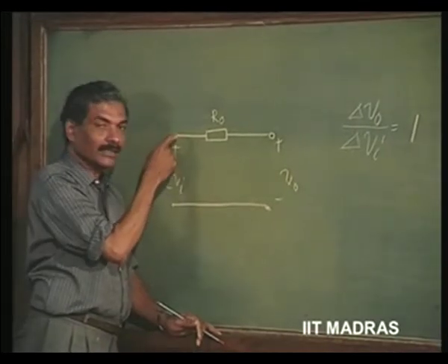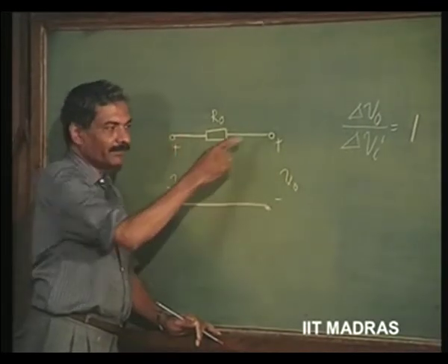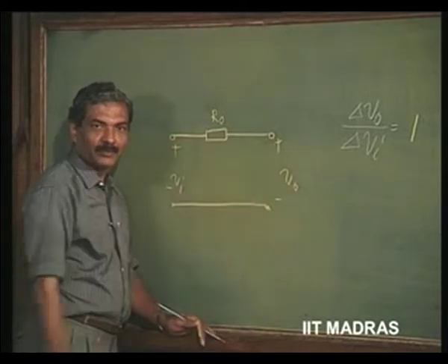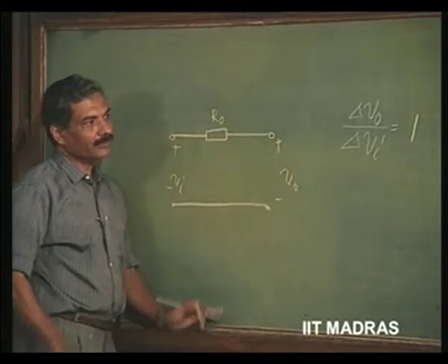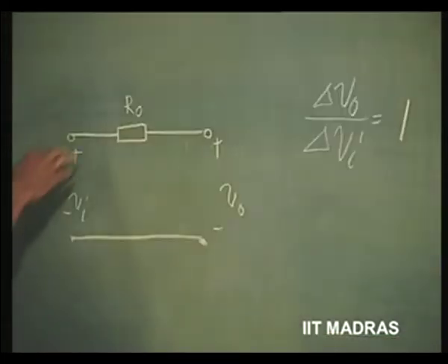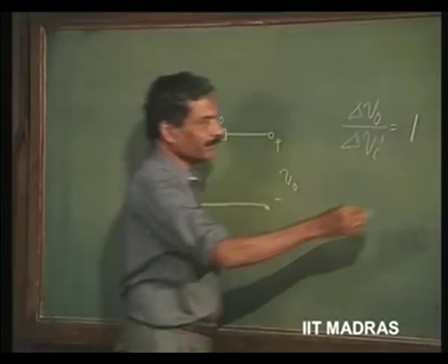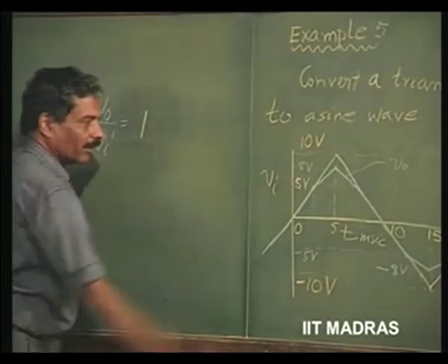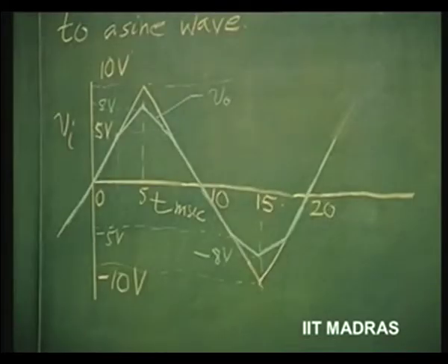Whatever change occurs at the input is reflected as such at the output, no attenuation. So, this is fine. Any value of R naught I put, I get output equal to input. So, up to this value of output voltage equal to 5 volts,